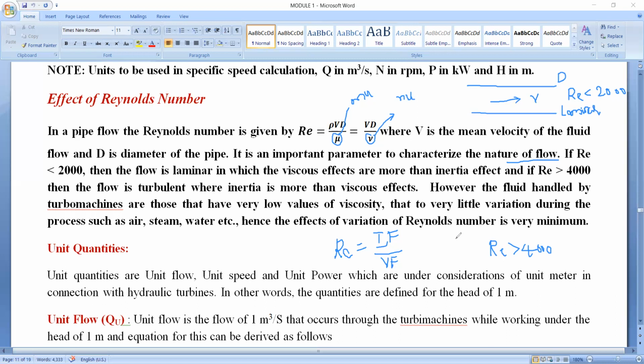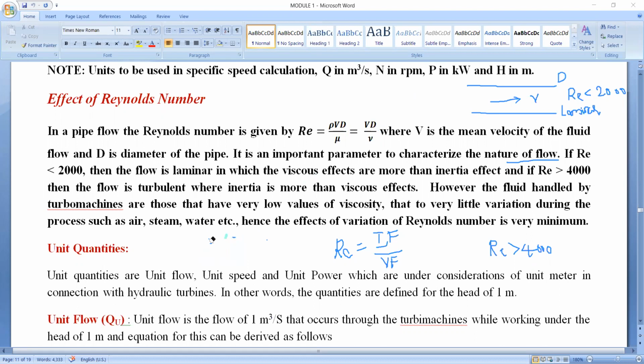Okay. So in laminar flow, the fluid is flowing in the form of layers, one after the other. These layers are exactly parallel to each other. These fluid molecules flow in a parallel way, so there is no zigzag motion of the fluid molecules. But in case of turbulent flow, these fluid molecules will flow in a zigzag, random manner. So that is known as turbulent flow. These are all the basics that you have already studied in your fluid mechanics subject in fourth semester.